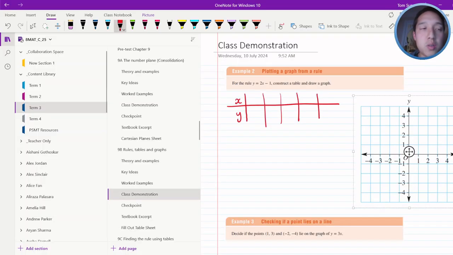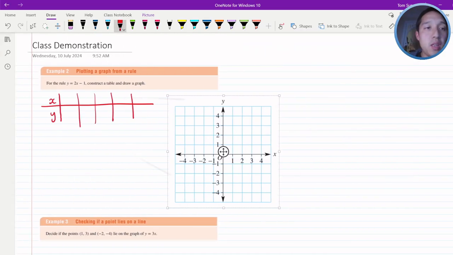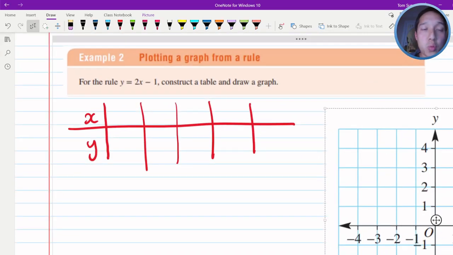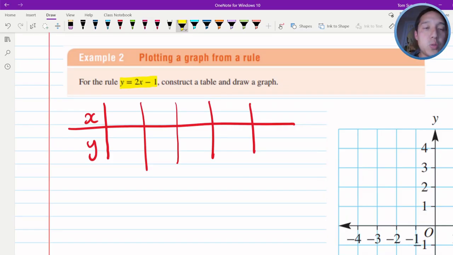When we work on our topic today, we actually are not given an xy coordinate. We're given a rule, and this is the rule: y equals 2x minus 1. Now, the key is to understand this y and x is the same thing as we used when we had those coordinates, with the first number being the x-coordinate, which is how far across horizontally the coordinate goes, and the y here, which tells us the vertical, how far it goes vertically, upwards or